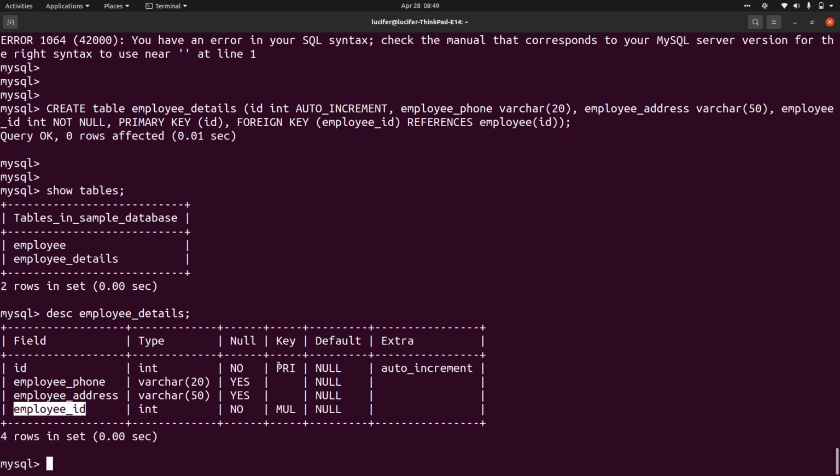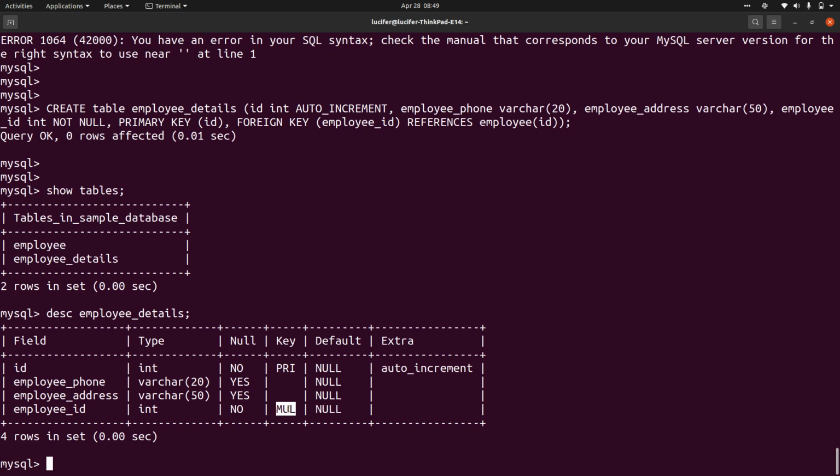You can see that ID is primary key and employee ID is MUL. MUL here represents foreign key.